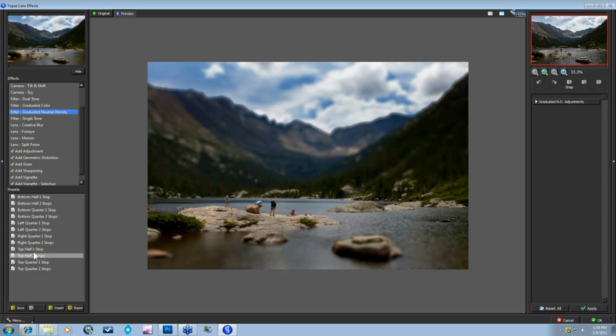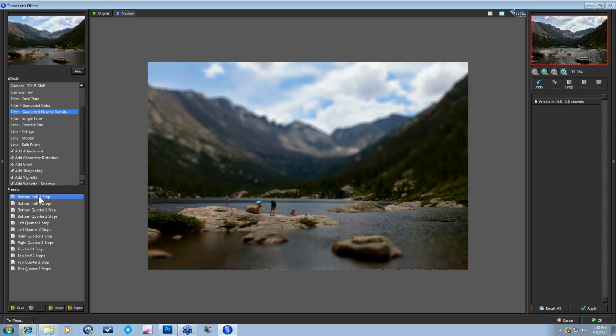So all of these presets are here for you just to make it a little bit easier in 1 or 2 stops, and they're labeled exactly what they are: bottom quarter 2 stops, left quarter, right quarter, and then we have our top half 1 and 2 stops, and top quarter 1 and 2 stops. I'm going to put it at the top quarter 2 stops, and here's before